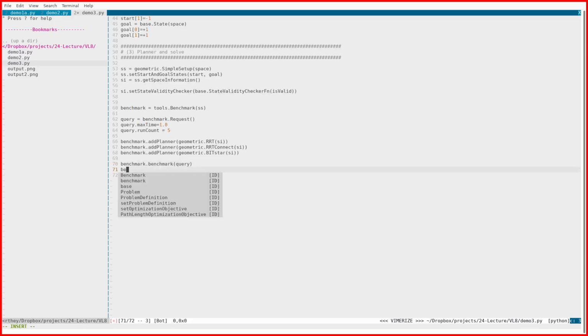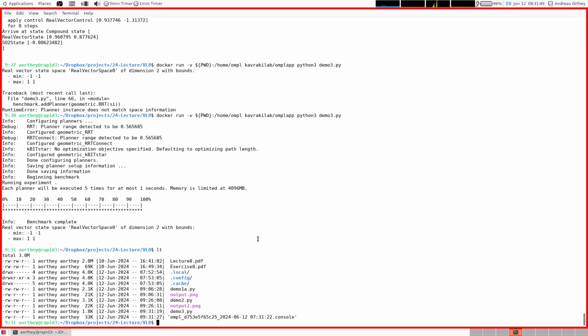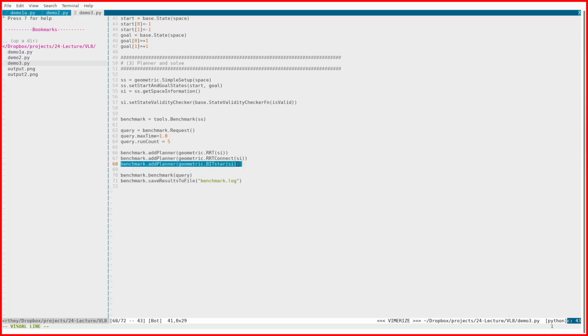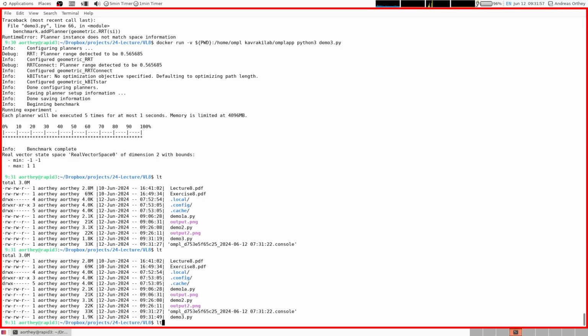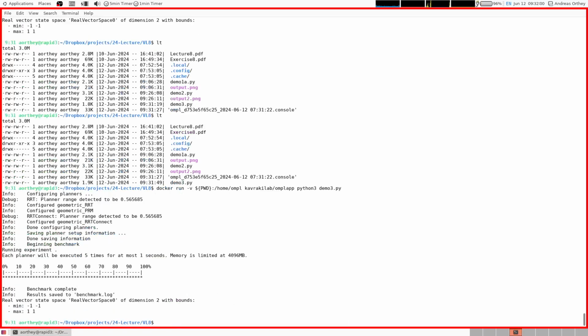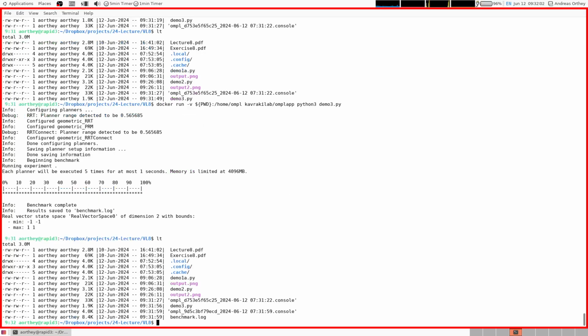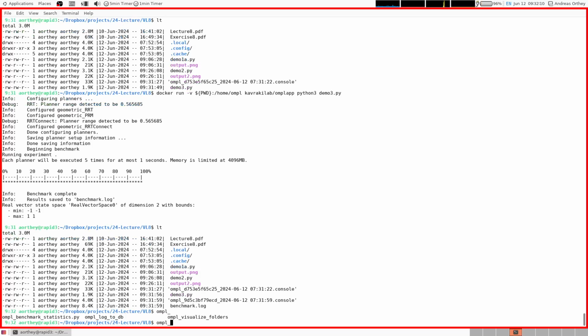That is because I didn't yet tell it that it should actually save the results. So let me quickly do that. And let me also remove this bit star planner, and instead I will just add, for example, PRM. So let's see. Okay, so it should have actually created a benchmark file here, and I can use this